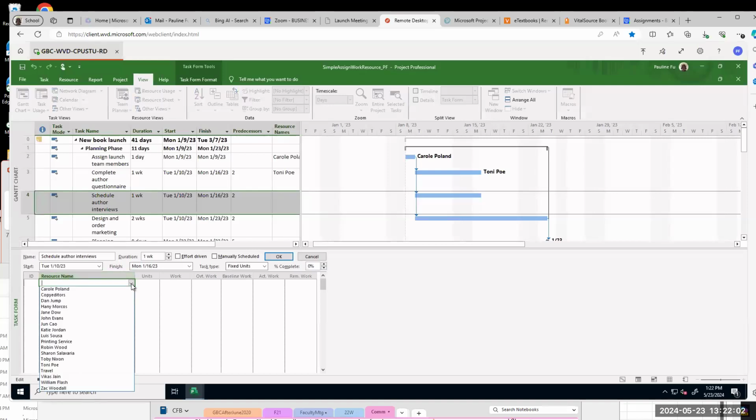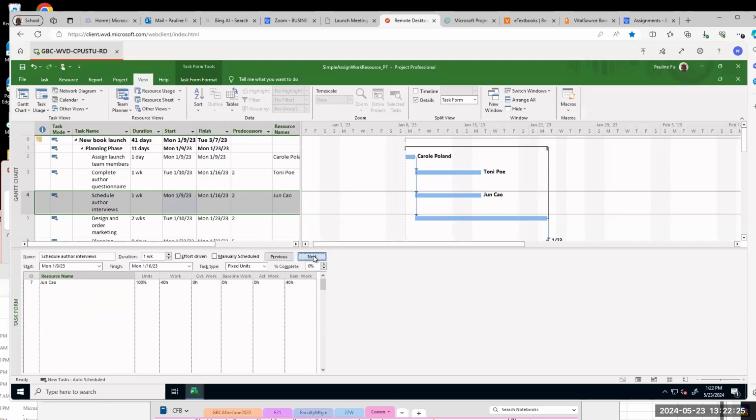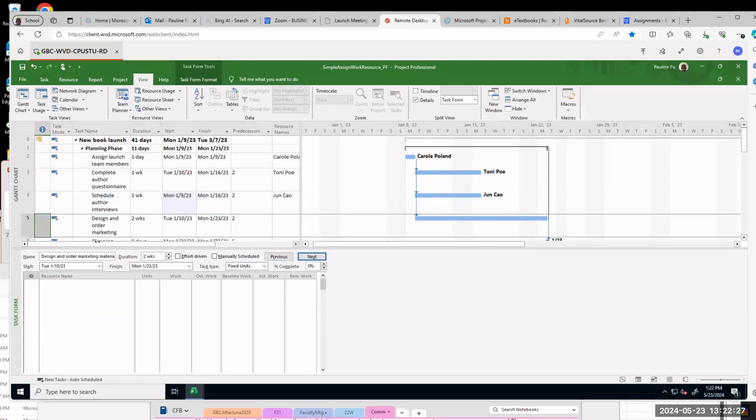And then select Juncao. So Juncao is assigned to task 4. Click OK button. Next, we assign Toby to task 5. So click next, this is task 5.